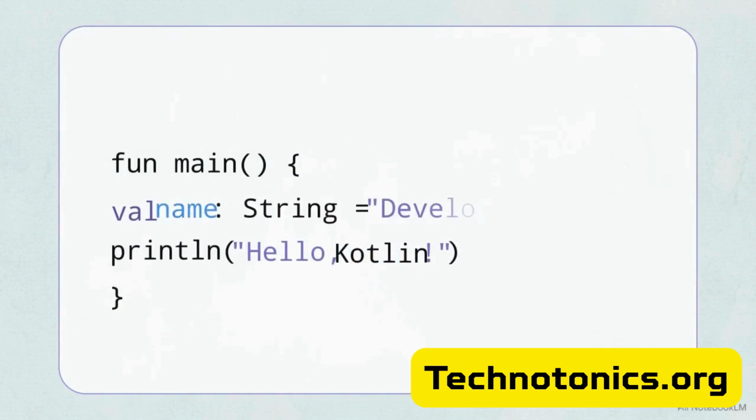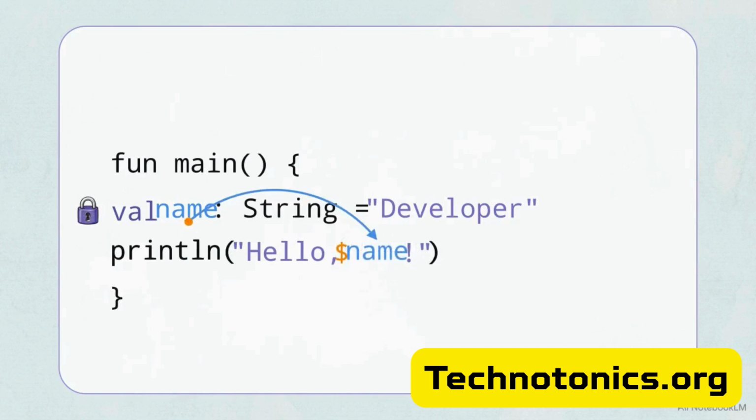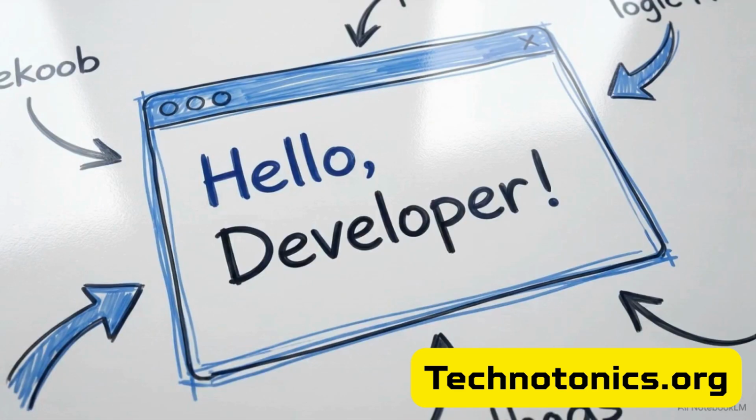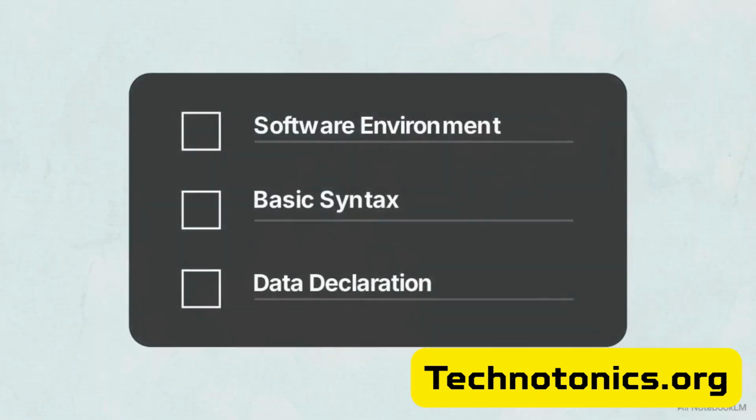Now modify your print statement. Replace the word Kotlin with a $sign followed by the word name. This syntax calls the variable you created and injects it into the text. Run the program again. The console will now show Hello Developer, based on the variable you assigned. By completing this setup and understanding these basic syntax rules, you have the